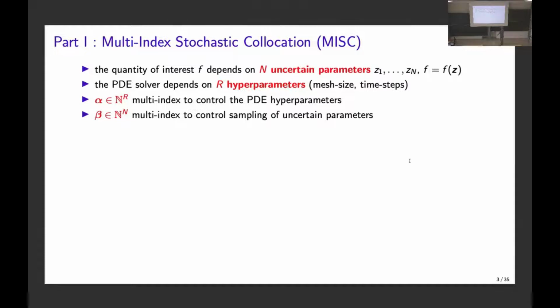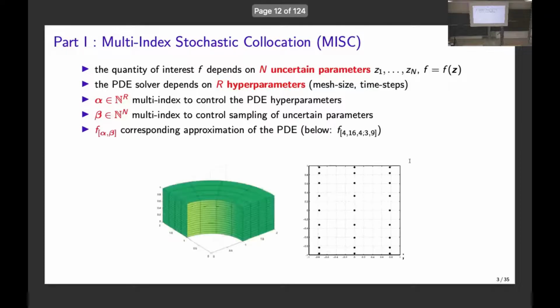And the alpha just says, take this mesh size, take this time stepping, right? And then F sub alpha beta is the approximation of the PDE over the mesh or the discretization controlled by hyperparameters dictated by alpha and by the sampling dictated by beta.